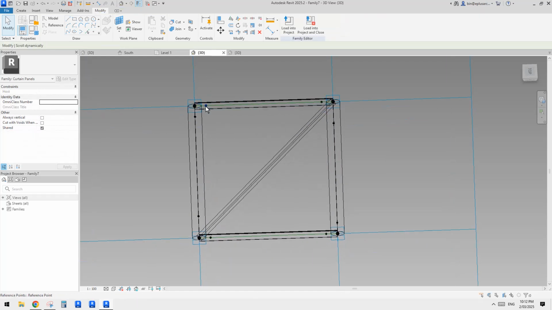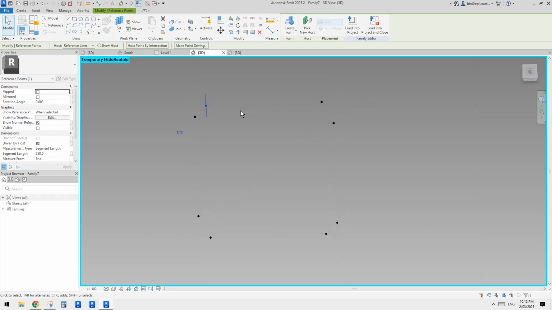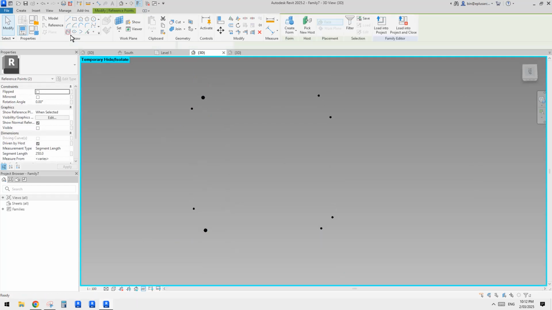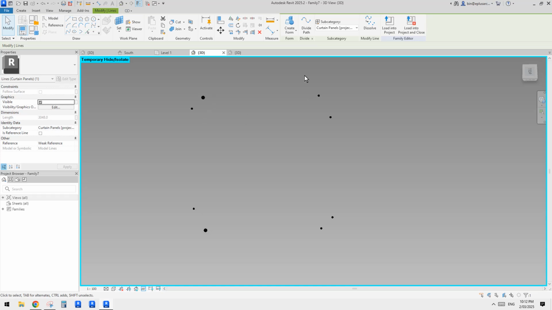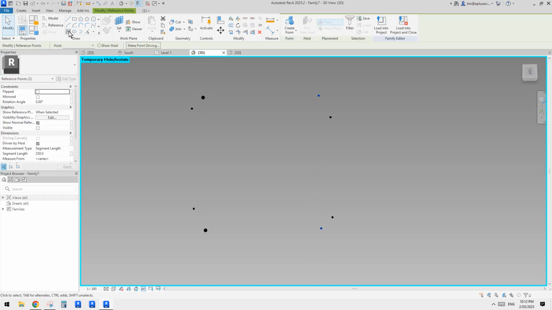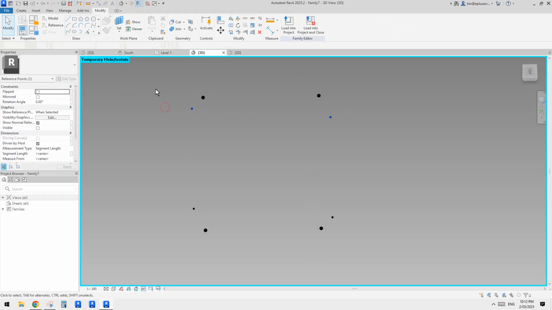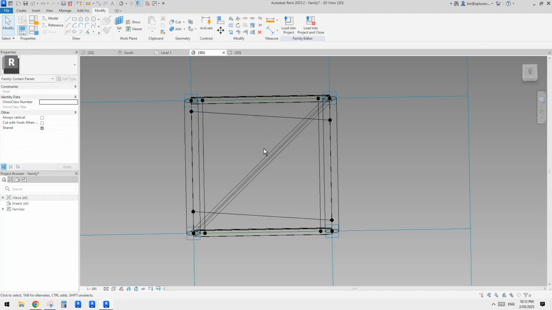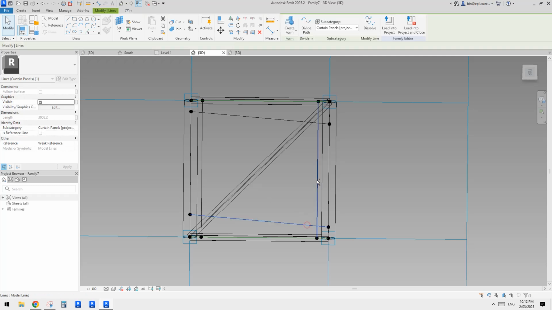Okay, so now with all the points, I'll type IC to isolate the category. So let's just create a spline rule point. Okay, so you won't see the lines because we have isolated the category, so all the lines are hidden. Now type HR to bring them back, and then we have all these reference lines, or not currently, model lines,